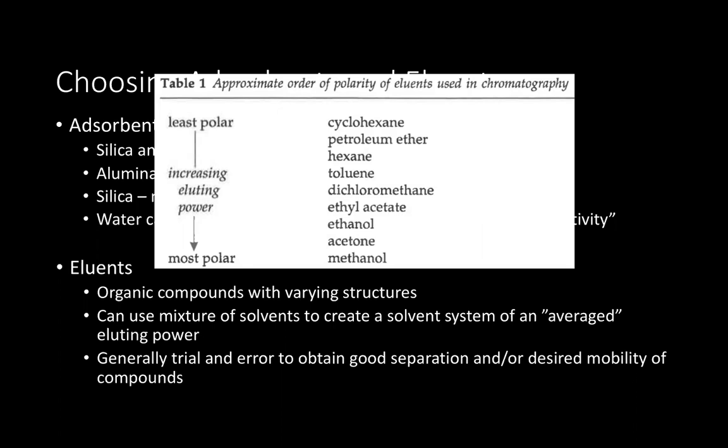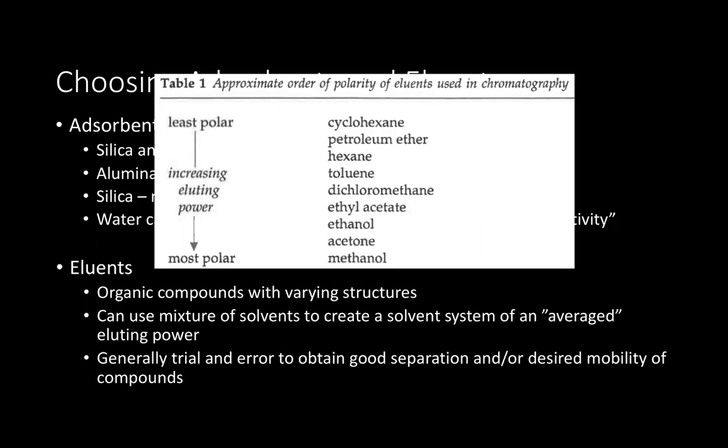For our lab this time, we are using pure solvents. However, you can use a mixture of solvents to create a solvent system, that's what we call it, of an averaged eluting power. It has an averaging effect: a very polar compound mixed with a slightly less polar compound would have a polarity in between. And sometimes we don't have a pure compound that has that middling polarity level